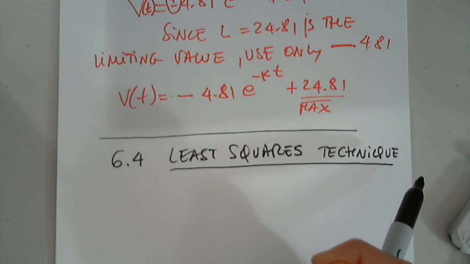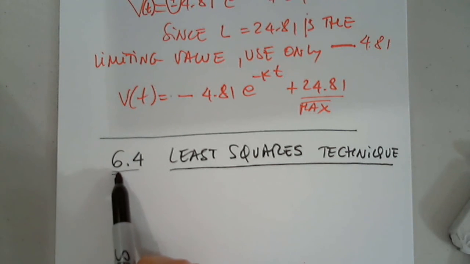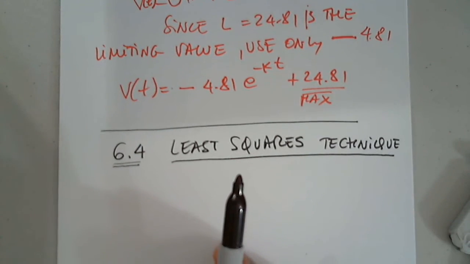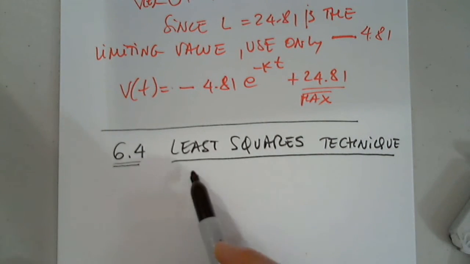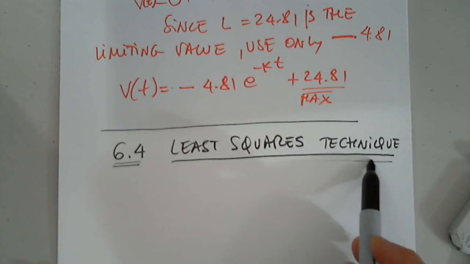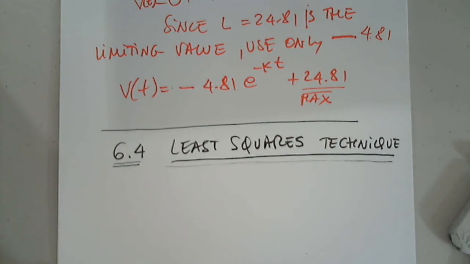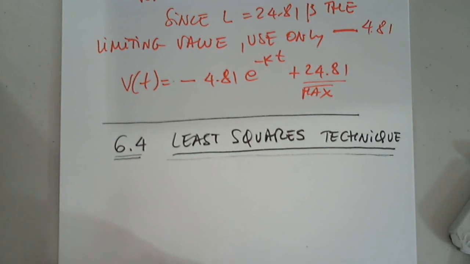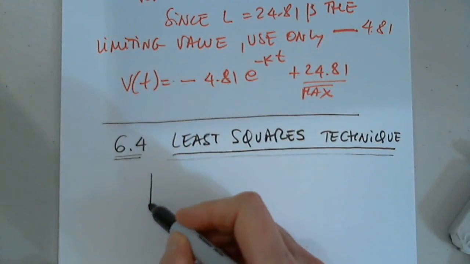What is the least squares technique? And I haven't talked about chapter 6, what it is all about. This really, in my opinion, does not belong in chapter 6. We did this in algebra. I did this in algebra with all my classes. So this is an algebraic technique. But why is it in this course? For that I agree. So let's suppose we have